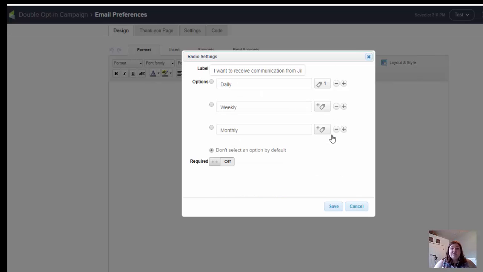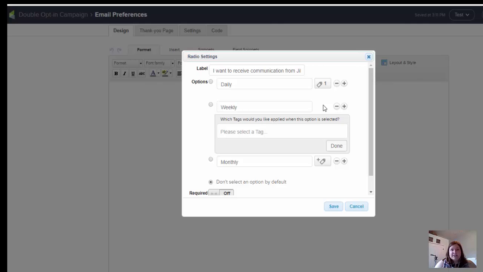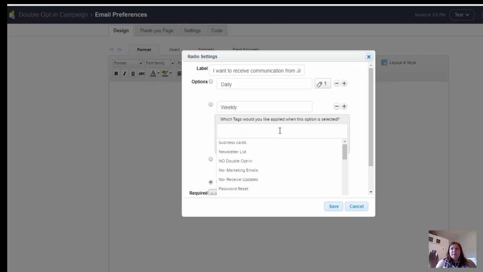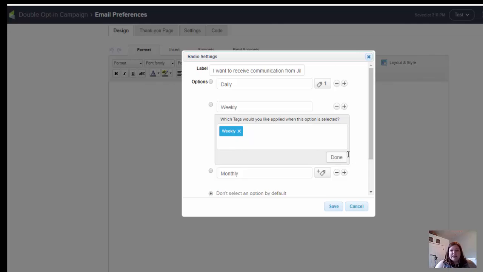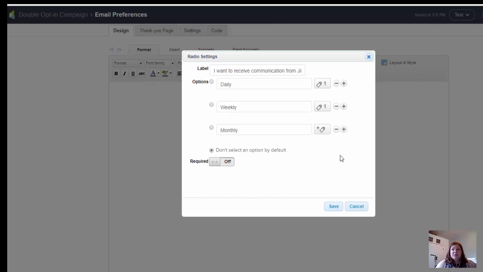every single time you go to email your list, you're going to pull the different lists. So you're going to say, opted into updates daily. That's one saved search. Opted into updates weekly, that's another saved search. Opted into updates monthly, that's another saved search. And then you're going to create